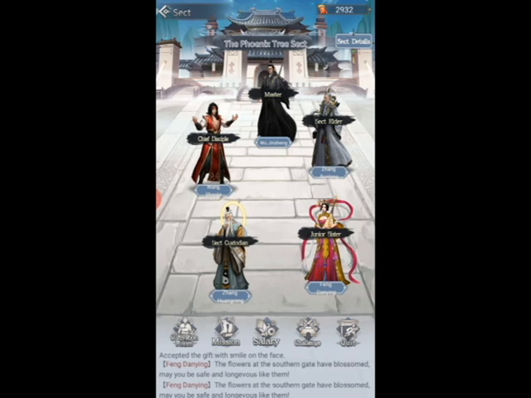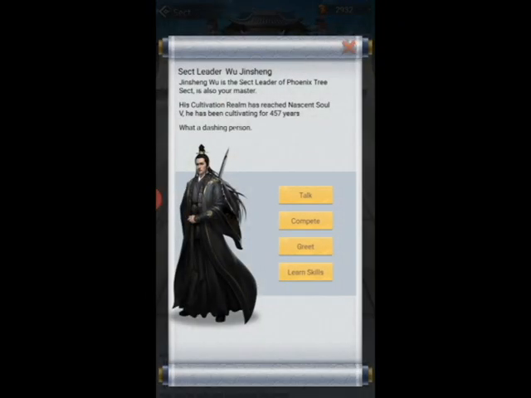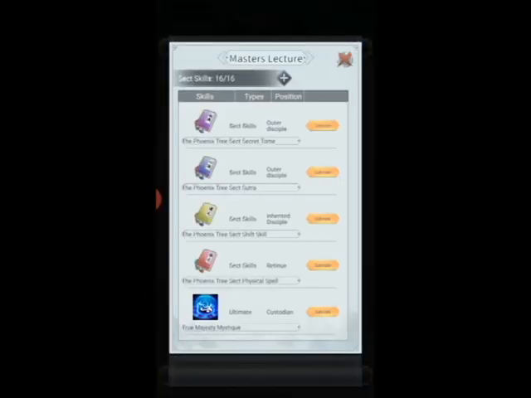So that's Sect in a nutshell. And also, every time you promote, you can go to your master and ask to learn skills from him. Now, I've not bothered getting any skills from him because my skills are better. I came from a higher sect. I'm only here just to get